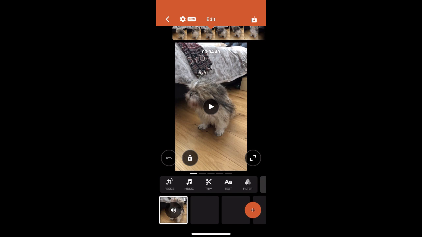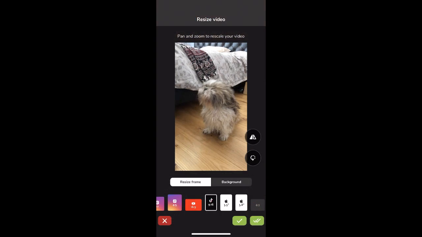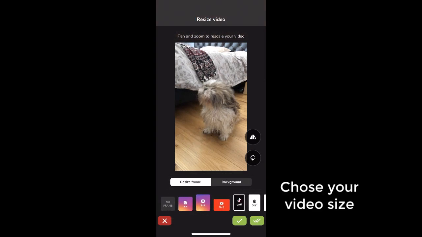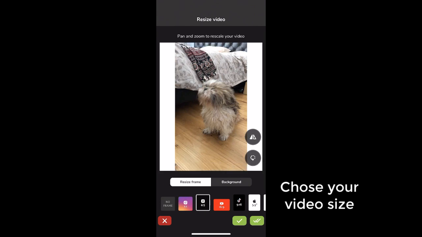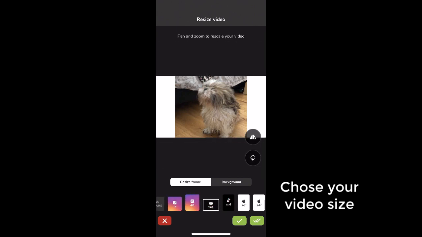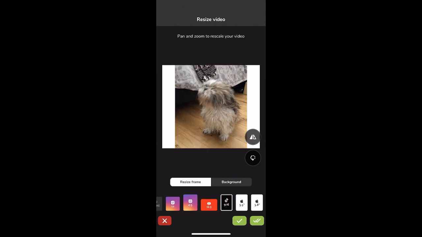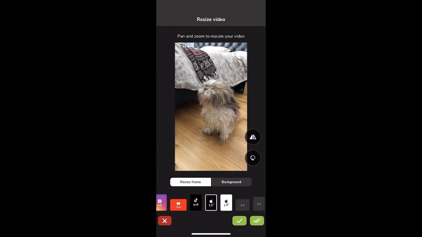Now the first thing you want to do is decide where you want this video to be repurposed to. So where do you want to show it? You can resize the video by clicking the resize button, and along the bottom here you can see that there are some optimized sizes for you. There is a standard square for Instagram. There is also the 4x5, which is also Instagram ready. There is 16:9, which is YouTube, and as you can see they've given you some of the sizes so that